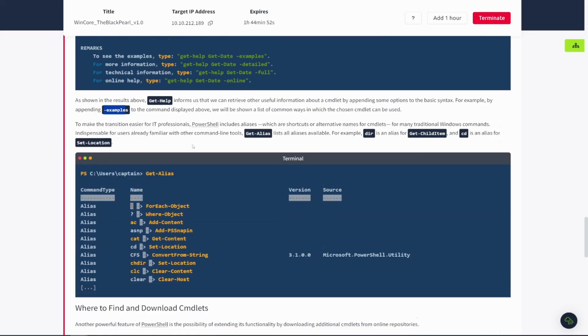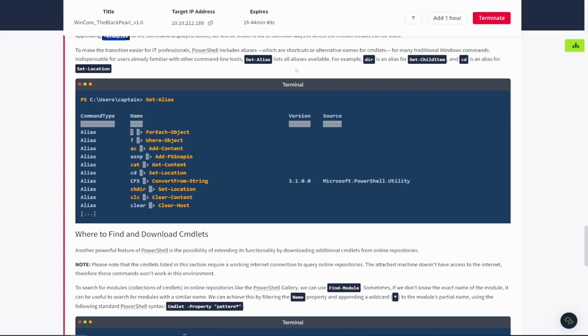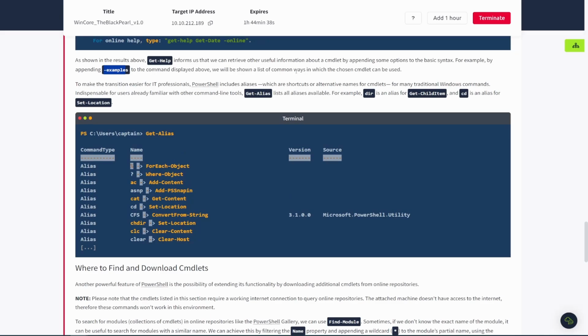So after going through that, they want to talk about Get-Alias, and Get-Alias is basically going to give you aliases for common commands. And why did they do this? They did this because PowerShell was created after Linux and after the Windows command line, and people had been using them for so long, and still today we use them a ton because, you know, not everybody learns PowerShell. And so there's common things like dir or cd or cat or type or, you know, clear,